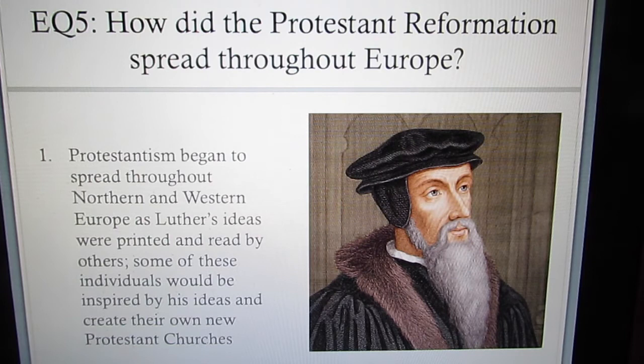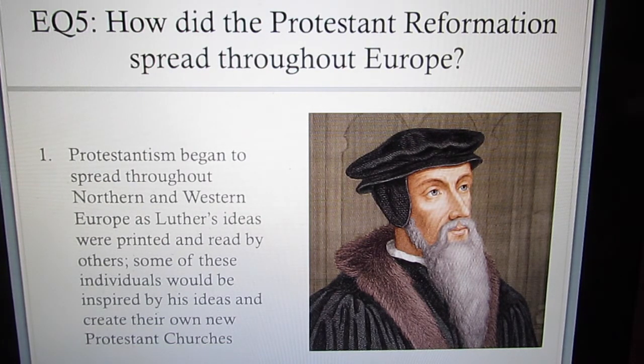Okay, so moving on to EQ number 5. How did the Protestant Reformation spread throughout Europe? Well, Protestantism begins to spread due to the printing press. We learned back in section 1, the printing press is able to duplicate copies of works and documents very, very quickly. And so we see Martin Luther's ideas being spread throughout Northern and Western Europe due to the invention of the printing press. We see a lot of people reading these new ideas and being encouraged and inspired to create their